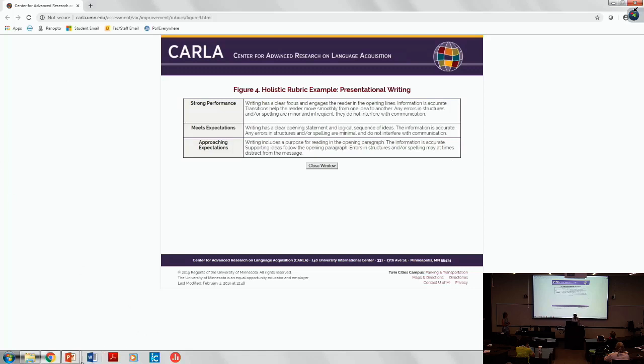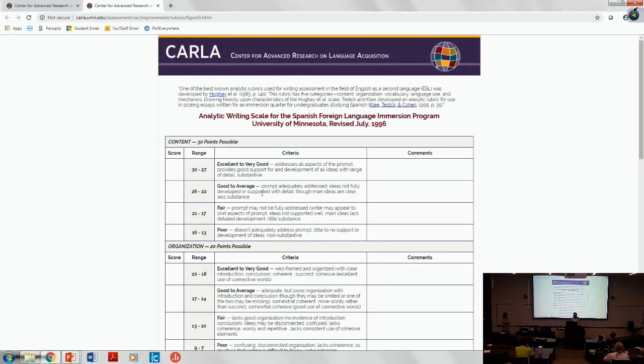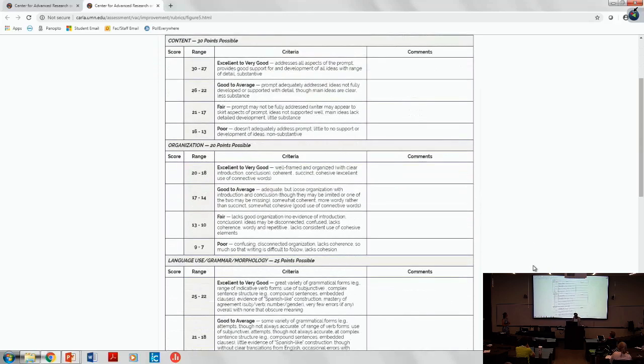So let's go back to our slide. And the analytic rubric is one that we've already seen. It was the sample rubric on one of the previous PowerPoint slides. But it will typically have more detail. So you can have more criteria here. You also have a range for the score. It lists the score. And sometimes in rubrics you will see a place for the instructor to write comments. So basically an analytic rubric breaks the assignment down